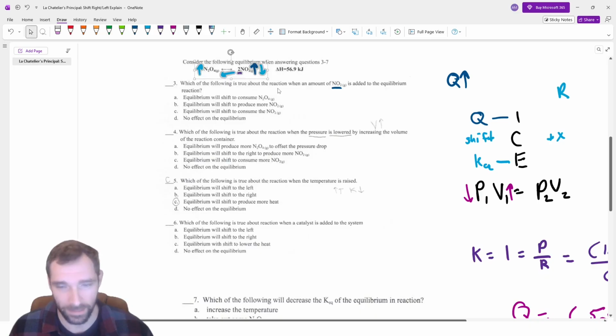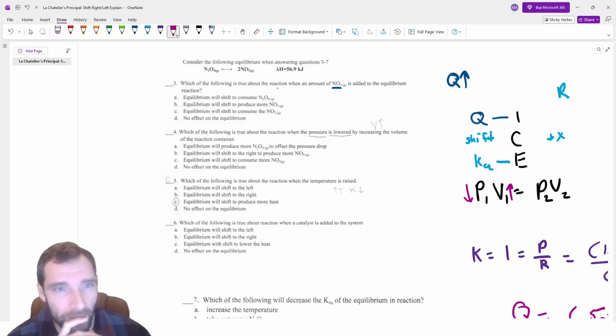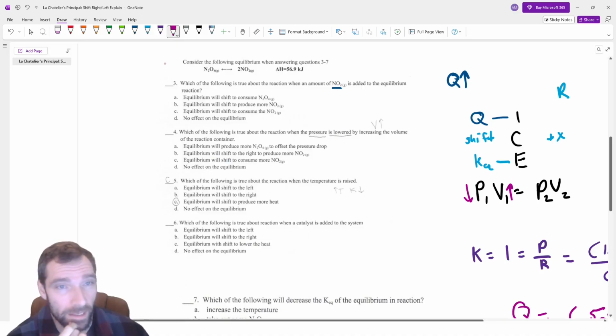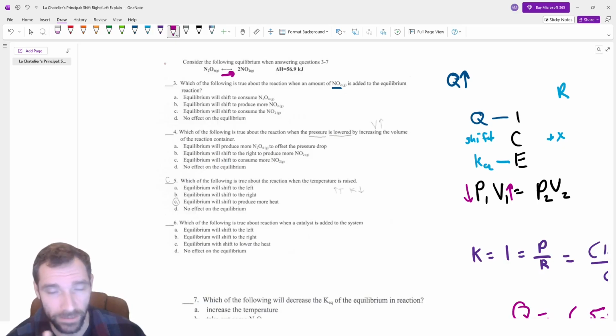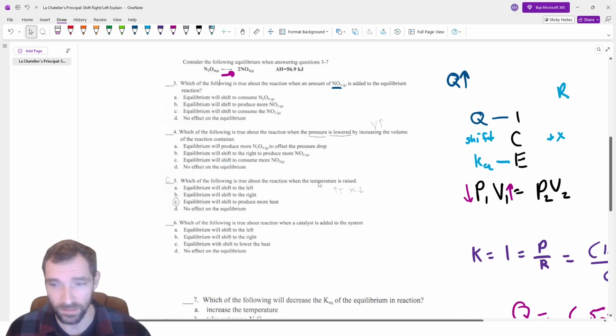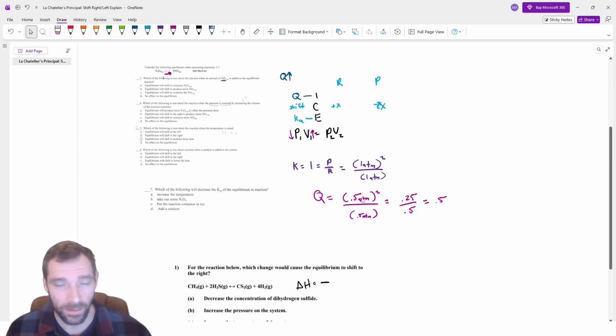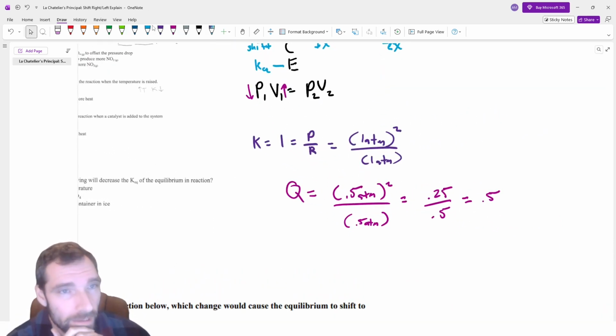So if we look back at this question here, what we're basically saying is if I'm lowering the pressure, there's more space available for more things, and so I'm going to need to end up shifting this to make more product. Because my Q is smaller than my K, you can imagine that in response to that, we've done some sort of cause, which I've done in pink,